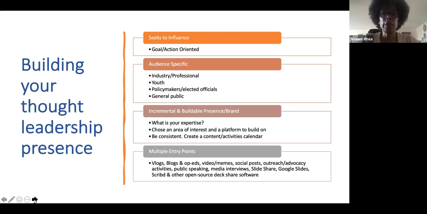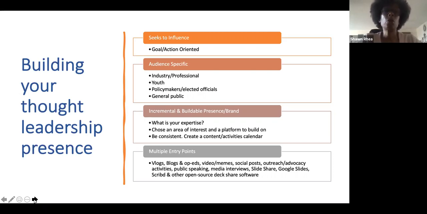And another thing that is critically important to know is that your work as a thought leader is audience specific. You may decide that your thought leadership track may focus on influencing your peers, people within the industry, to democratize the science that they're practicing and to make sure that the average person can understand it.